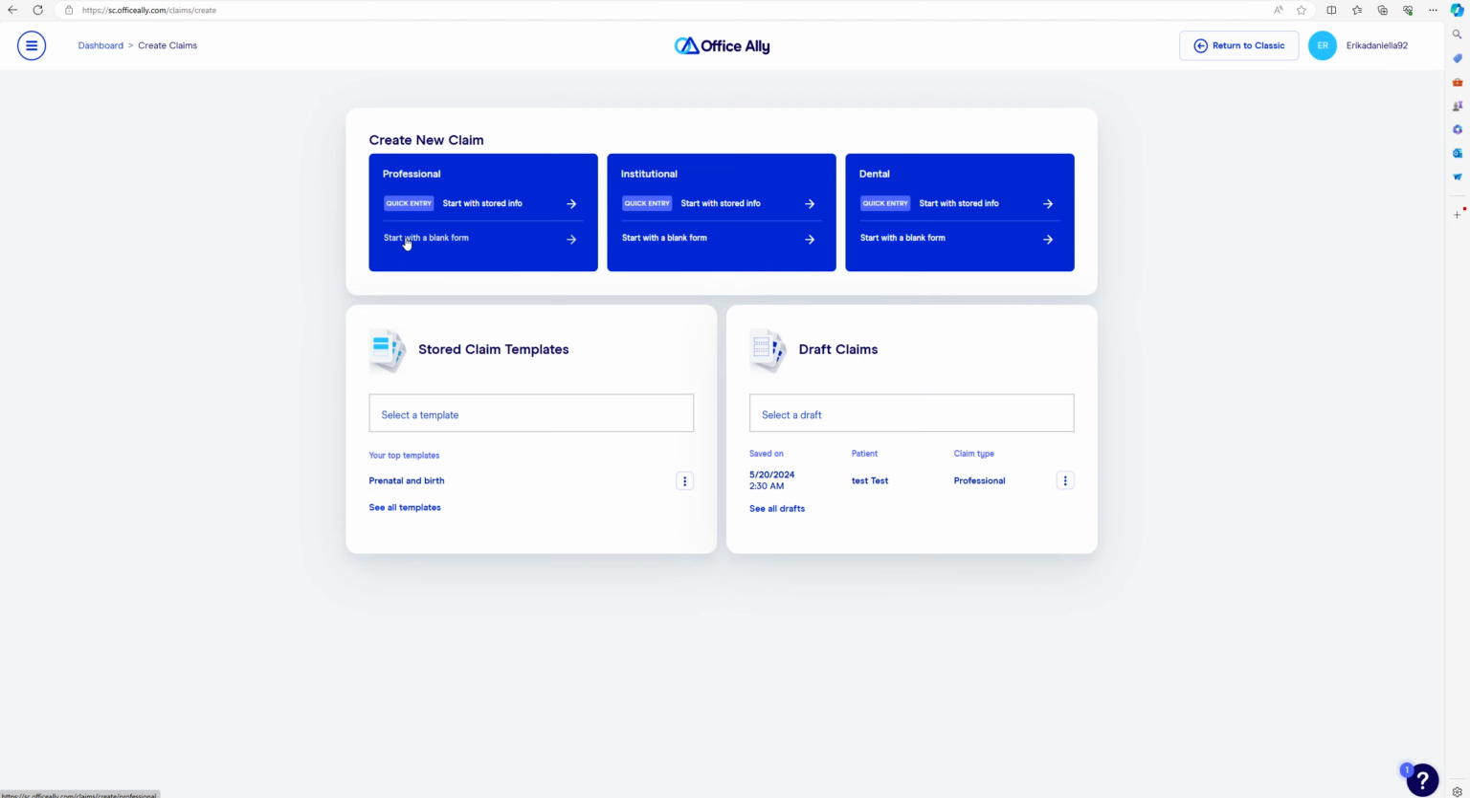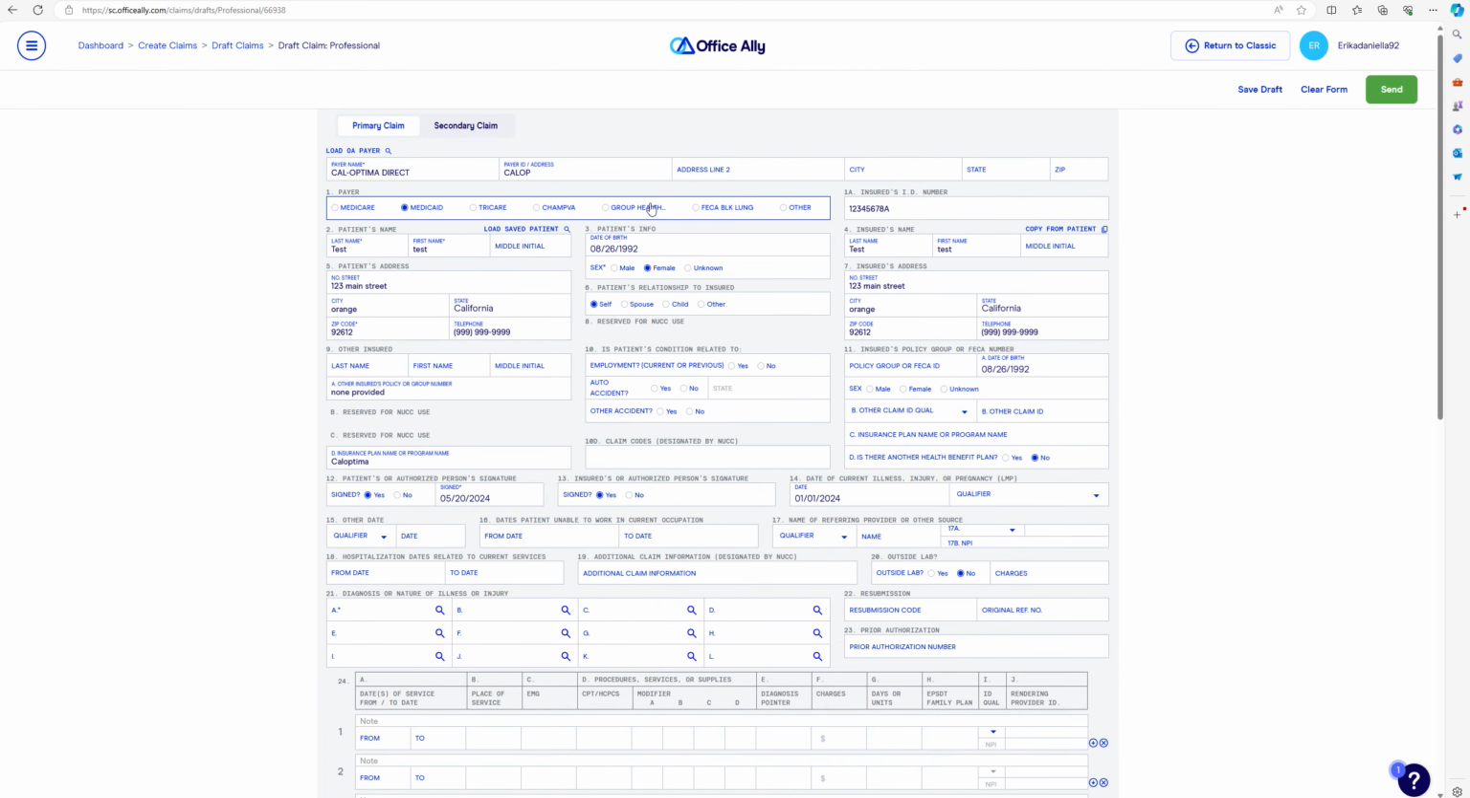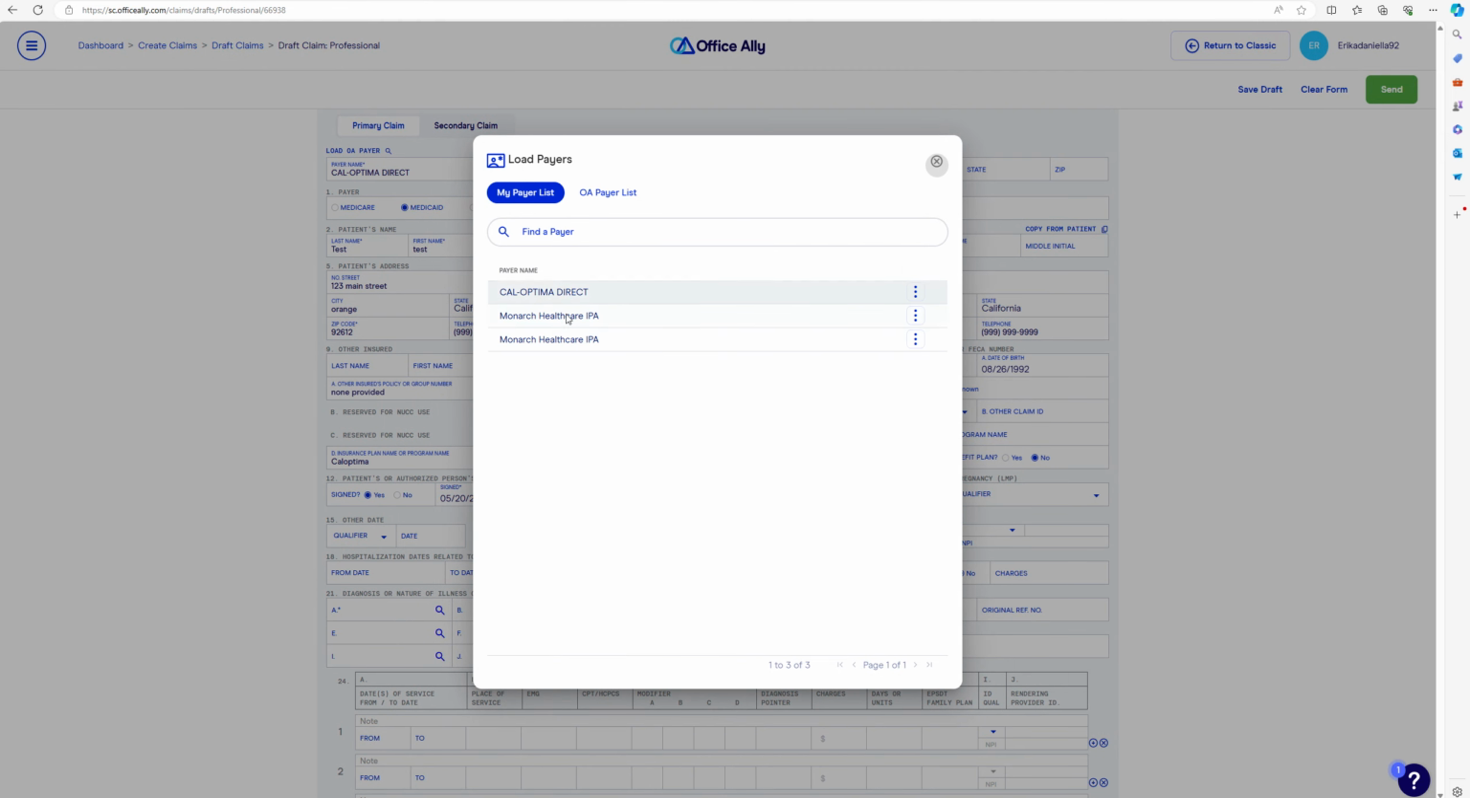For today's practice, I've already drafted a claim just so information doesn't auto-populate here with other client information. So we're going to go ahead and click on Edit here. So here we're going to go into Load Payer. As you can see, I have a couple of them already pre-saved just because I've done this a couple of times,